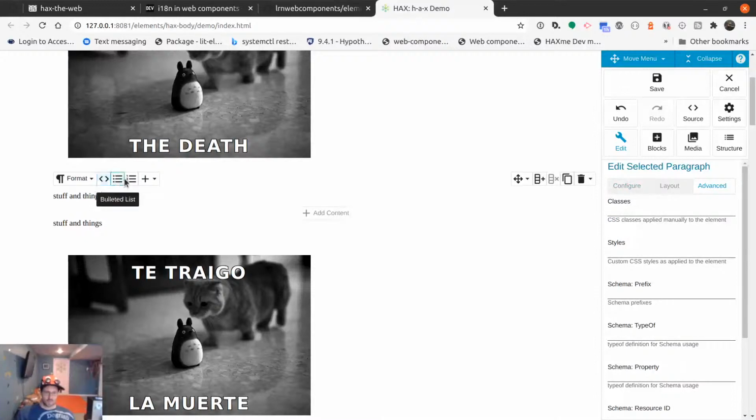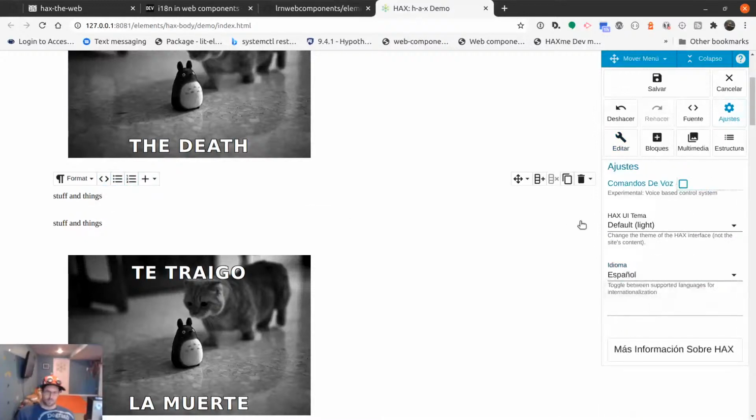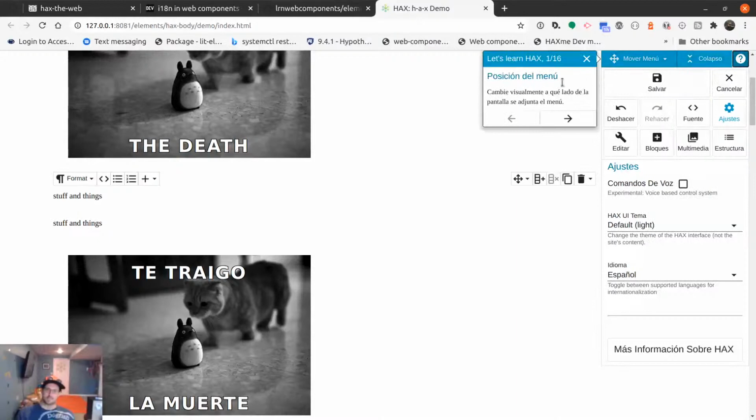So all these pieces of the UI are busy translating, which is more than just copy and paste into Google Translate. I'm not saying it's not, but I need at least something to work with at first so that I can wire everything up. So all these different parts of the UI, the ability to move the menu around, collapse it. I'm even getting into some of the tour. So the tour has been updated, right? And this now is translating this part of the tour,